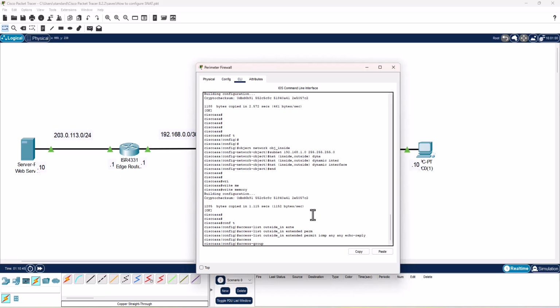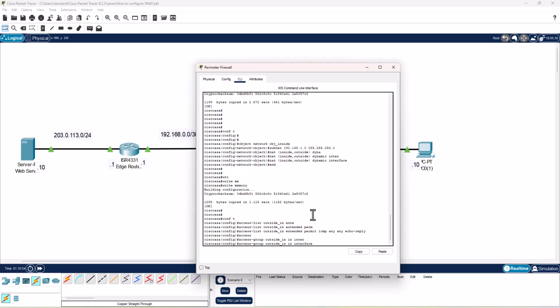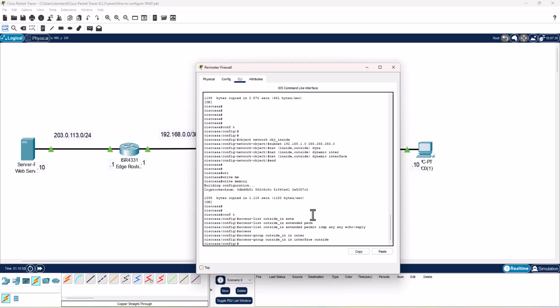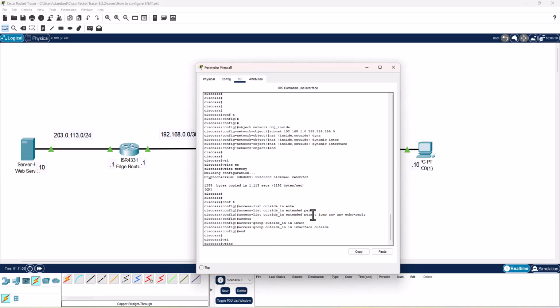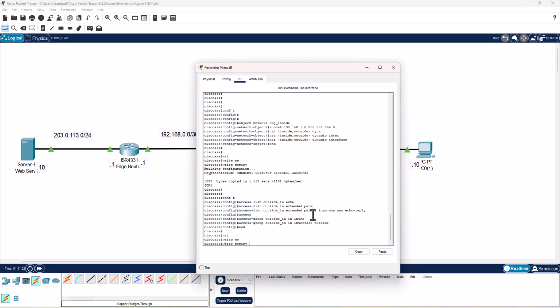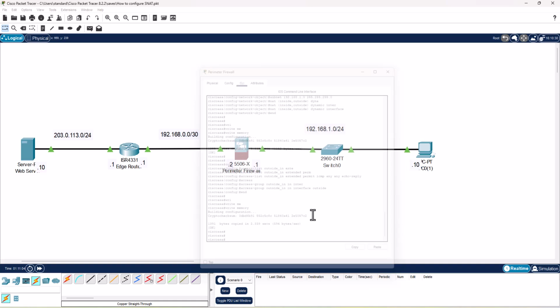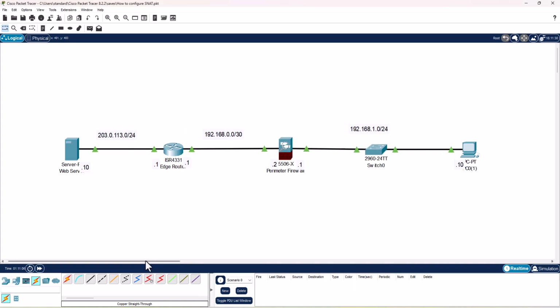So we will run access-group outside_in in interface outside, the one facing the router, and write the changes to memory, close the window, fast forward the time,